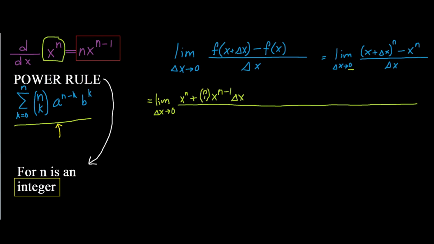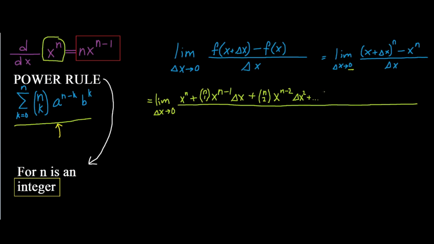Right, so next we're going to be doing n choose 2, and that's going to be x to the n minus 2. And then we're going to have delta x squared. Okay. And then beyond that, we're going to have plus, and then this is going to keep going on however long n is, right? It's going to happen n times. So I'm just going to put dot, dot, dot there to kind of symbolize that,